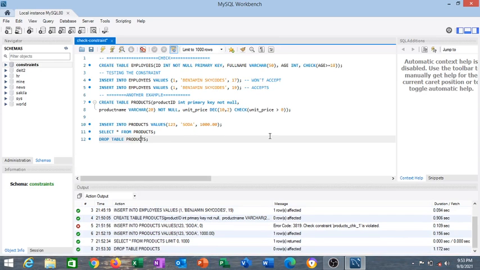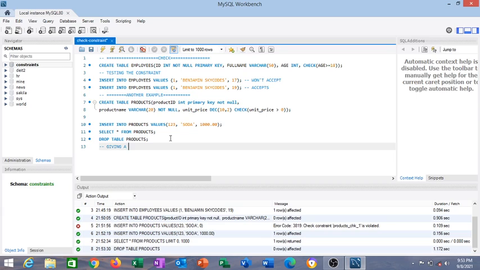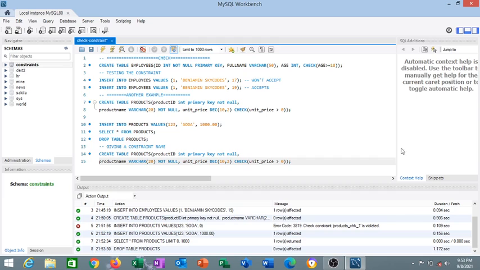The table is dropped, so we can come back here, copy this. We can say giving a constraint name. So we can paste this one here, and then just right here after this, we can now say